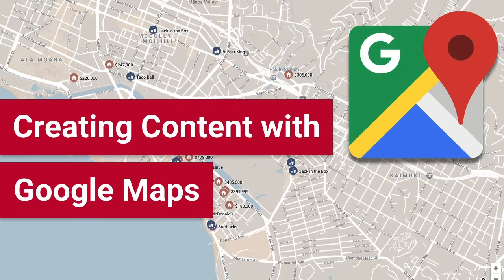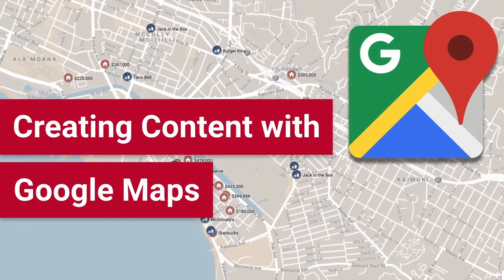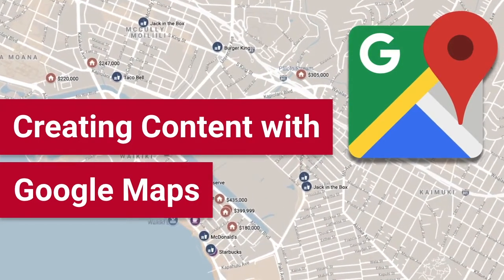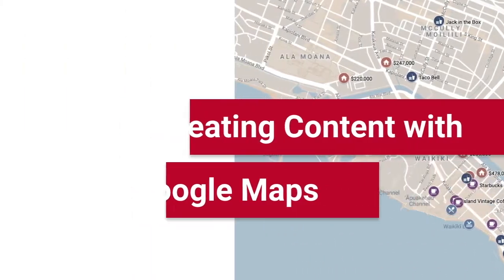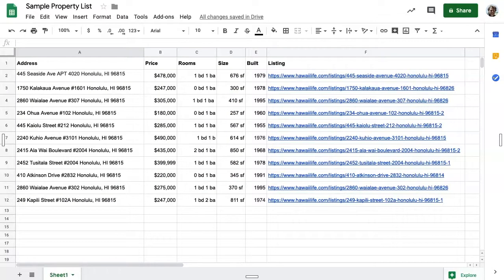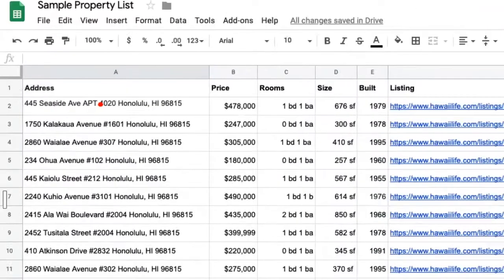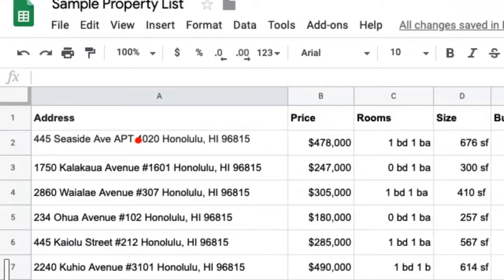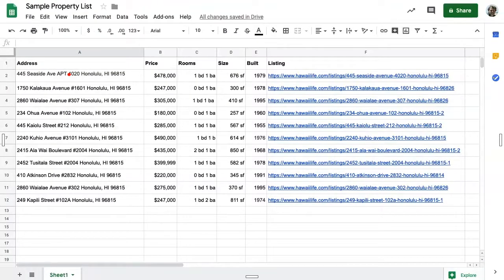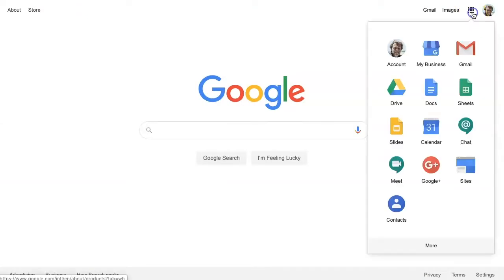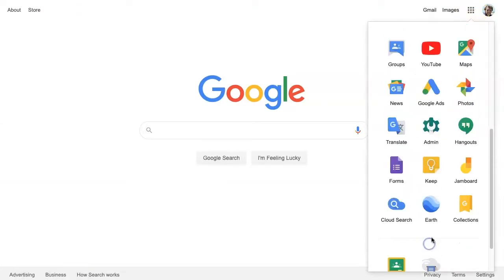In this video, we'll go over some useful tips on how to create content with Google Maps. The easiest way to populate a custom map is by uploading structured data. In this example, I created a Google Sheet with property listings. You can freely customize the rows and columns, just make sure to include either street address or longitude-latitude coordinates that